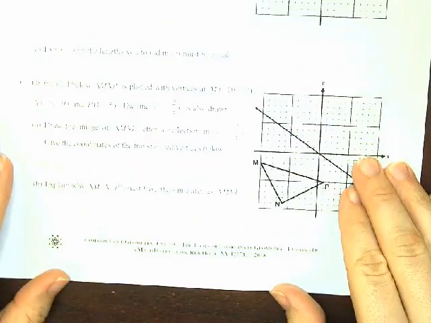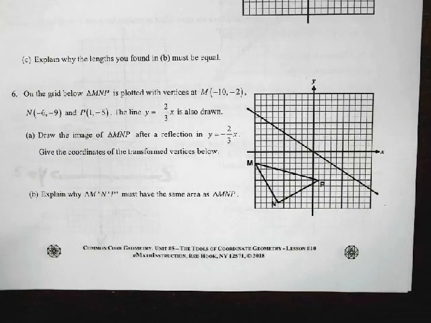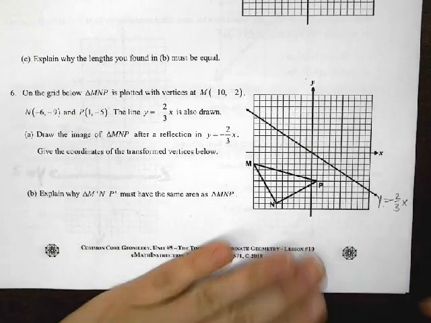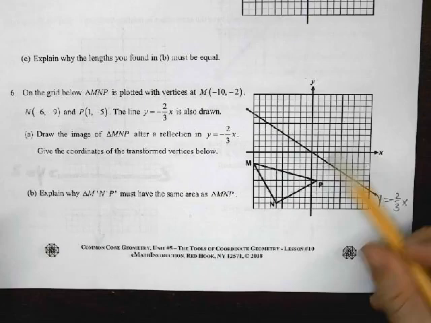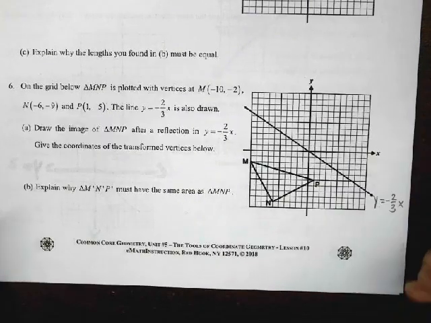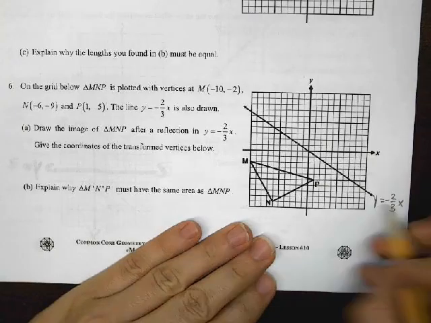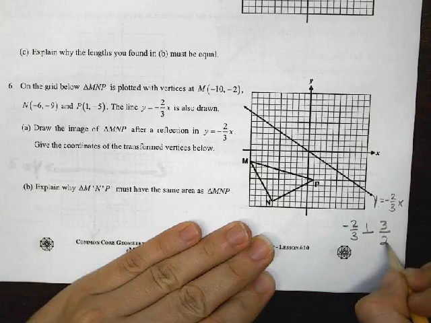Now remember, number 6, it wants us to reflect it across a line. This is the line y equals negative 2/3 x. Now remember, to get from here to the image on the other side, you can either use a sheet of patty paper, which might be your best bet, or you can use the idea that they're supposed to be perpendicular to one another, which means that I would take this slope of negative 2/3 and make it perpendicular, 3/2,